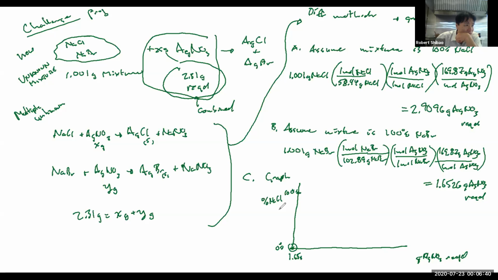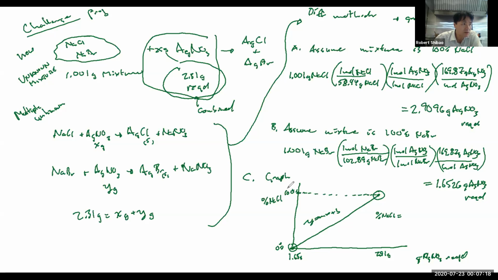At 0% sodium chloride, we need 1.65 grams. At 100% sodium chloride, we're going to need 2.91 grams. We'll go here, 2.91 grams. There. And so this is the relationship here. This is a linear relationship of y equals mx plus b. So we're going to get an equation. The equation is going to be this. Y is the percent sodium chloride. So the percent sodium chloride is equal to